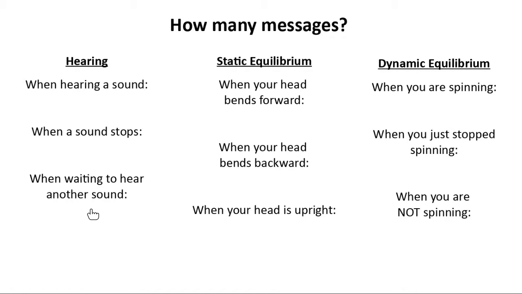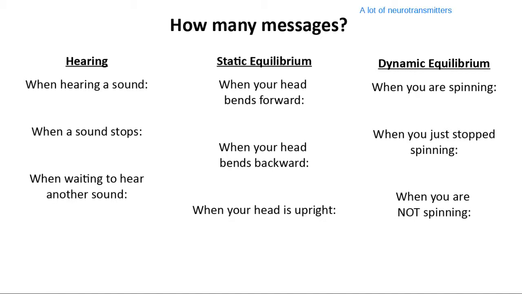Remember that when we were talking about not only the processes of hearing, but also our two kinds of balance, our two kinds of equilibrium, your body's ability to know that we're hearing something, or that we're bending forward, or that we're spinning, it all comes down to the number of neurotransmitters, or the rate that my neurotransmitters are being released at. So with each of these processes, we're going to have conditions where we spit out a lot of neurotransmitters,